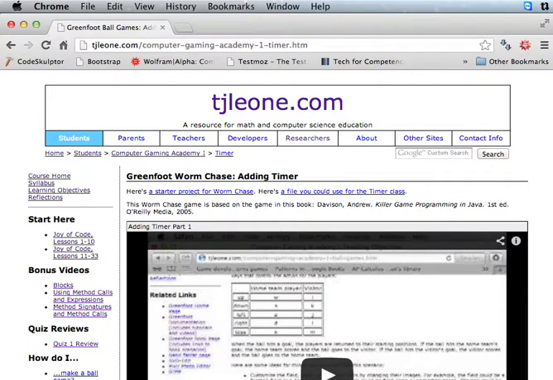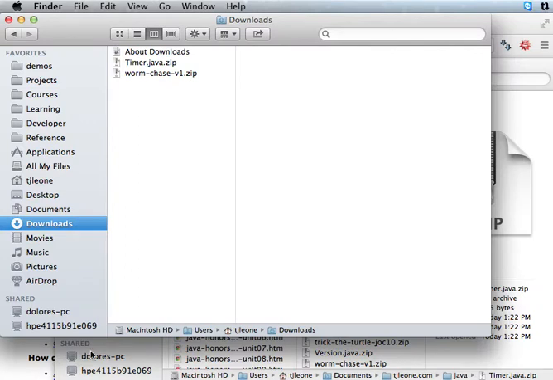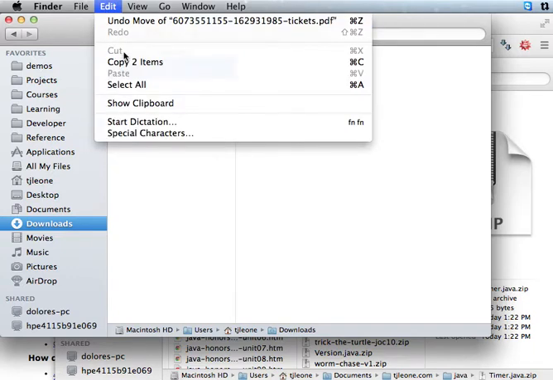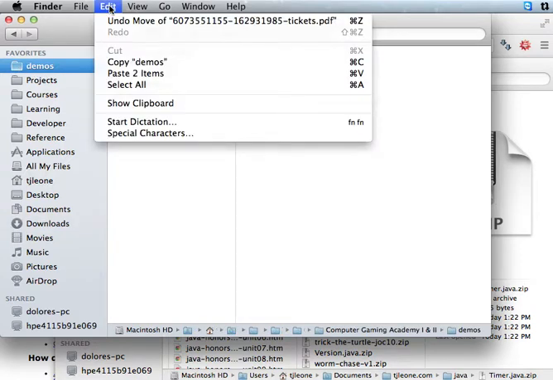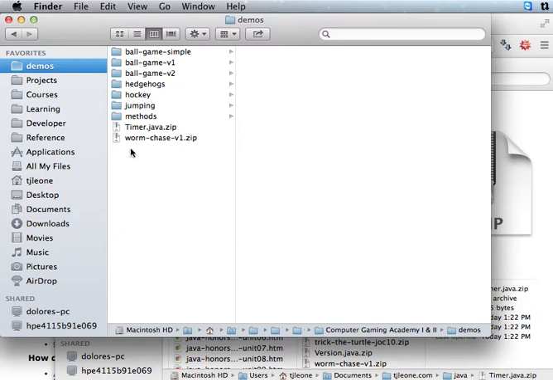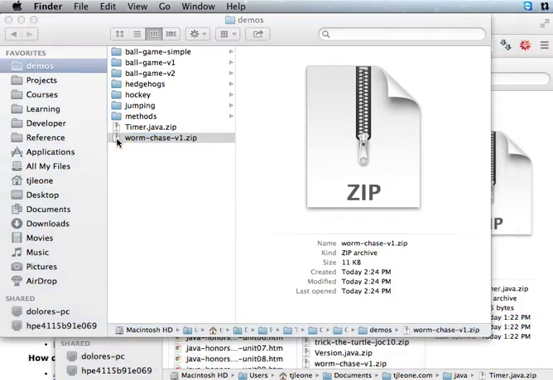Once that's downloaded, oh, and there's also a file for the timer class. Right there. So you can download that as well. I'm going to go in my downloads folder right here. I'll just go ahead and copy these two. I'm going to say edit, copy two items, go into this demo folder and say paste two items. Okay, so now I have the Worm Chase